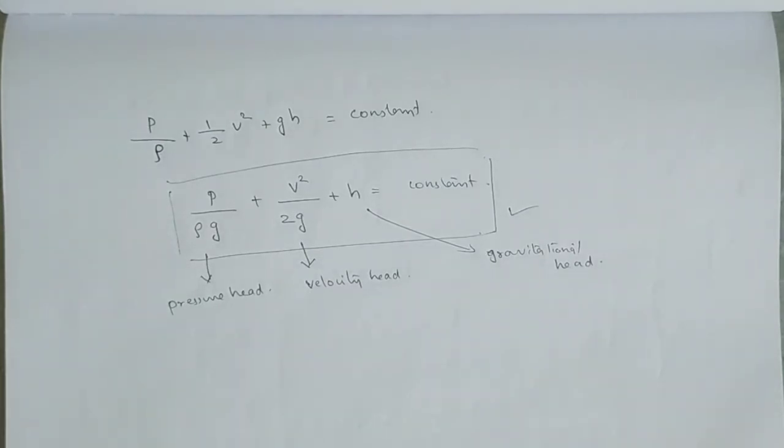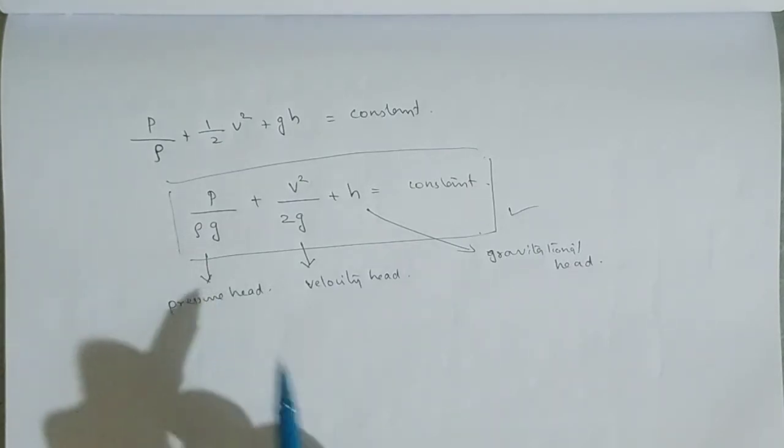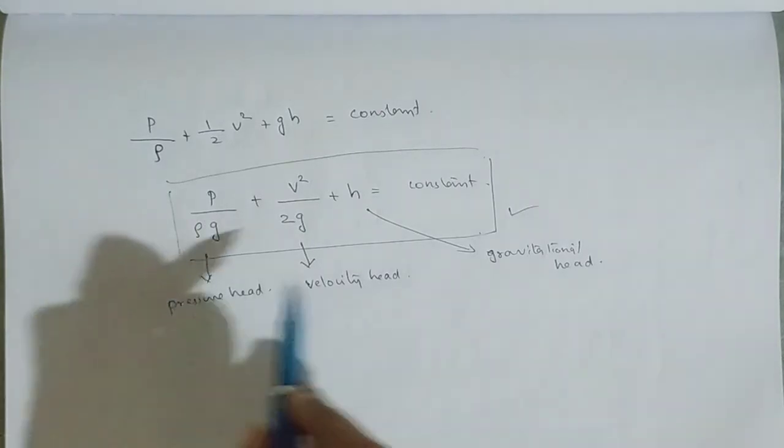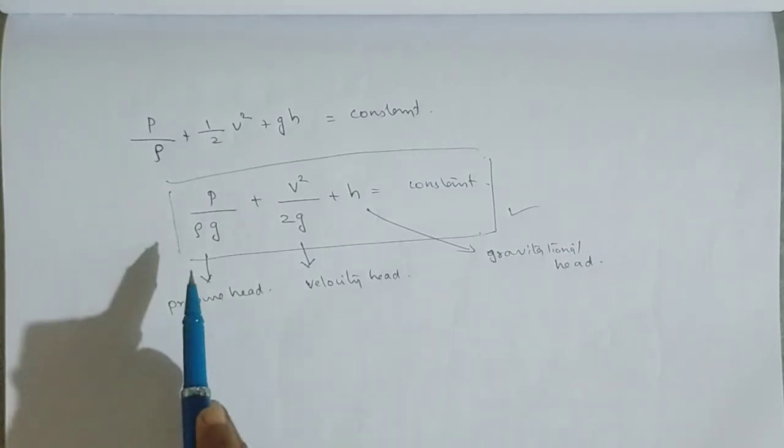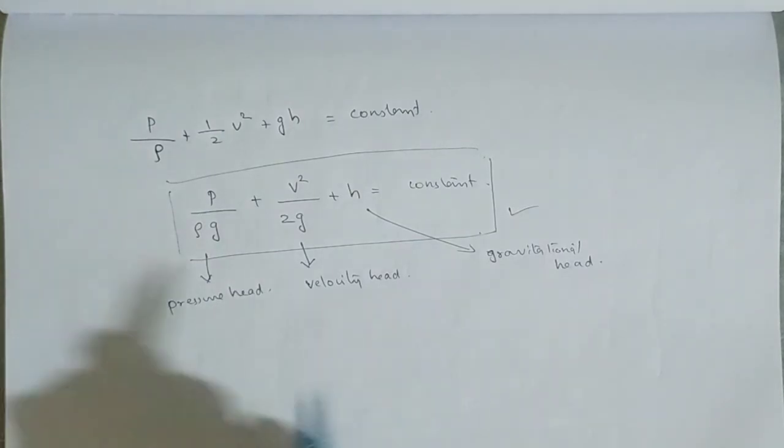This equation is important. So let us conclude Bernoulli's theorem once more. It is applicable only to streamline flow of the liquid and incompressible liquids, that is, it is applicable to non-viscous liquids. It is not applicable to turbulent flow of the liquid. Here, the total energy is a constant. So from this equation, it also states that in a streamline flow of the liquid, the sum of the pressure head, velocity head and gravitational head is a constant.